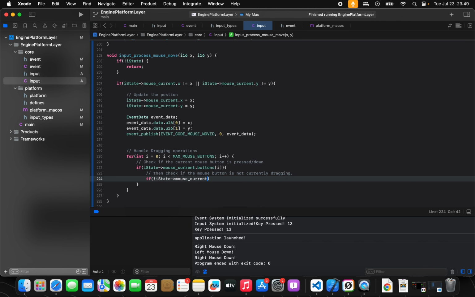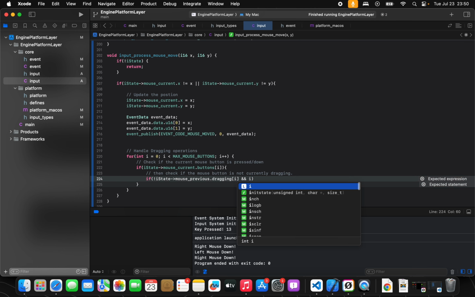Mouse current. Do we want current? Because no, we want the previous. So I state mouse previous dot, if it's not dragging, right, then essentially we're just gonna say I. So if it's not dragging, okay, and then we also gonna check if it's also currently not dragging. So if it was not previously dragging and it's currently not dragging,